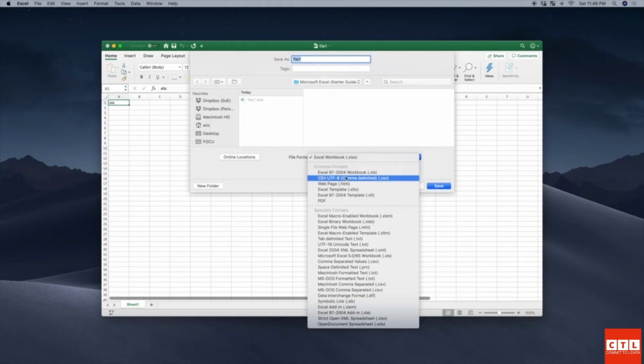In some other cases, there are some applications that want you to save the file as a CSV or comma separated values file. That's what the CSV stands for. So in cases where you're maybe working with some type of software, maybe it's Qualtrics or some other software that wants you to upload a .csv file, you can do that here by changing it to .csv, and it is just like it sounds. When it saves a version of the file that you've created with CSV, it lists all the